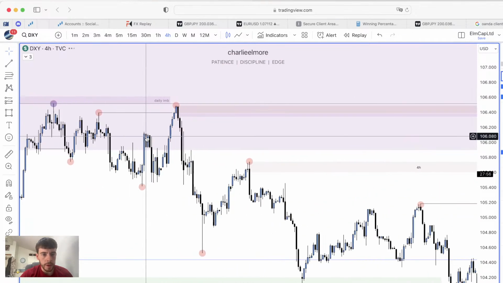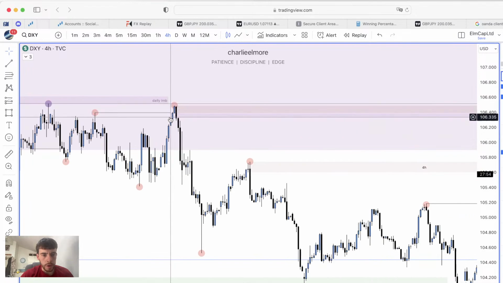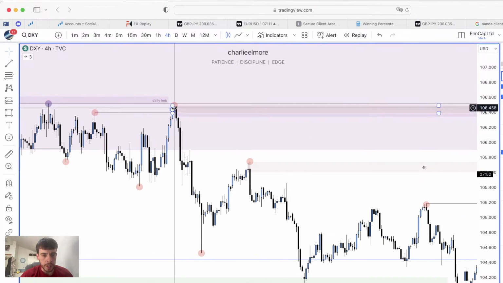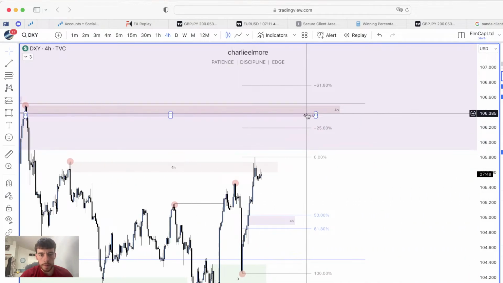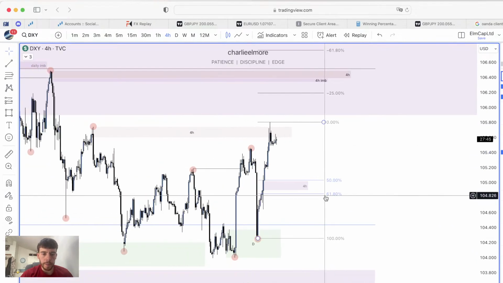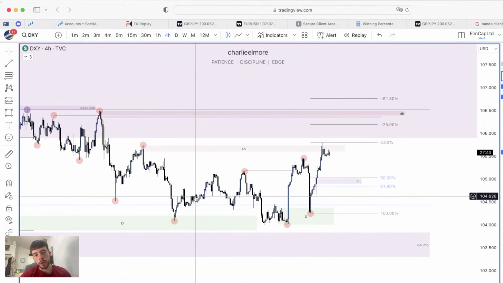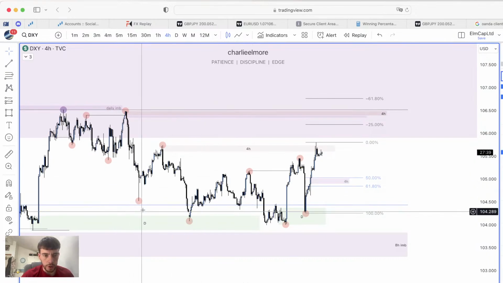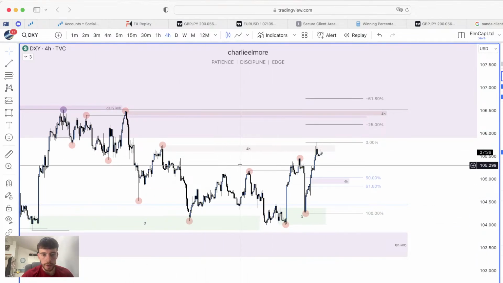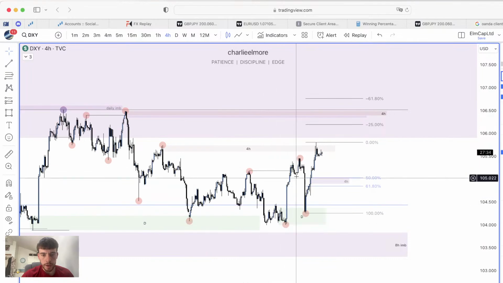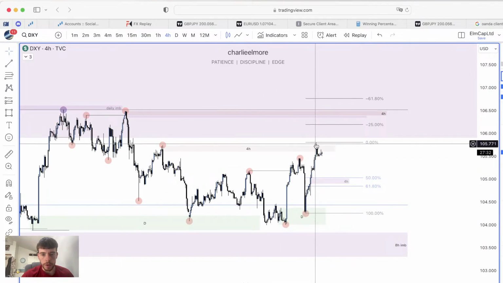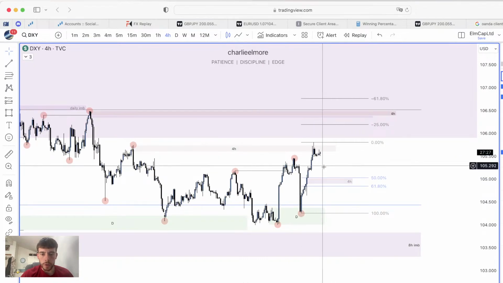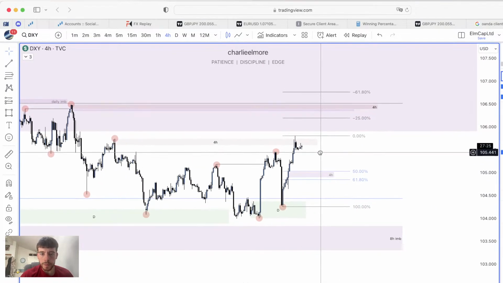So just to recap, we've got a 4-hour liquidity POI right there, which is a supply. So the bullish candle before the bearish move. We've got a 4-hour imbalance below that as well. And obviously, as we've spoken about before, the 4-hour time frame is bullish at the moment with this structure right here. We've had a break of structure here, higher high, higher low, higher high. We've had 2 higher highs on the 4-hour. So I do believe this can continue up.